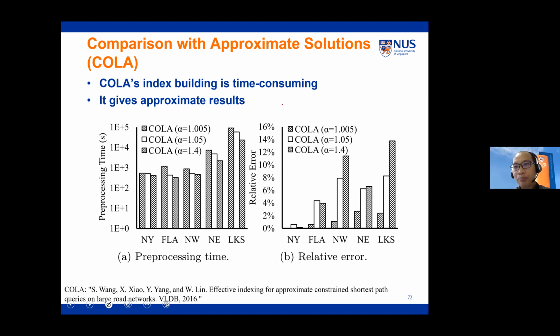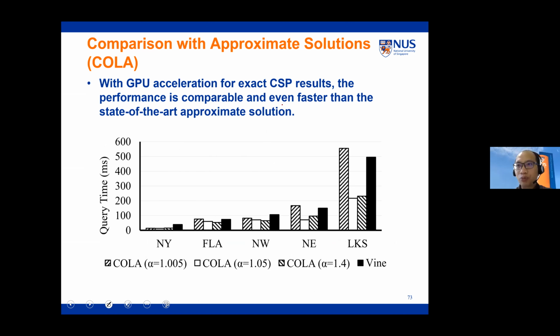We also compare with approximate solutions. The overall result is that, because we actually solve it exactly, we give the exact solution. So basically we don't have error and we don't have index building. You can think about this as more or less like brute force calculation, but we do give a very exact solution, satisfying the port authority requirement. And meanwhile, we can give quite comparable response time to the approximate solution.